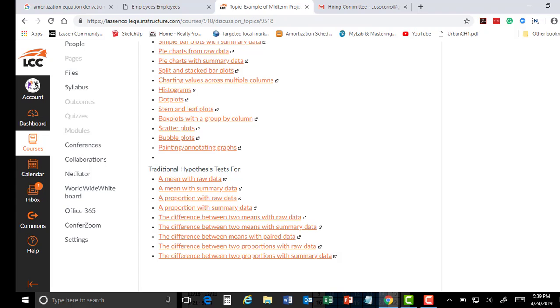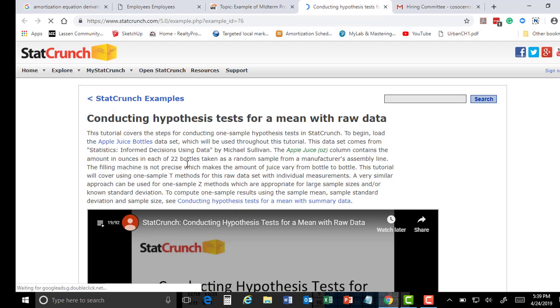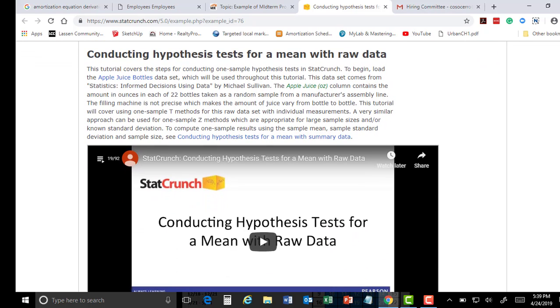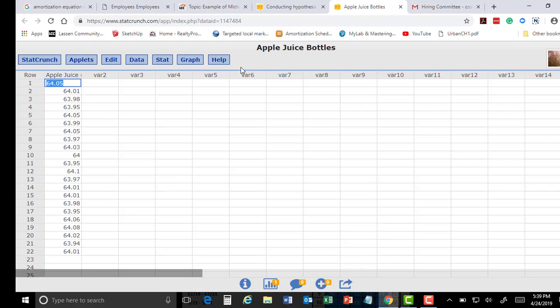So let's take a look at this. This is testing about a mean, okay, on raw data. I don't know if this will work. Okay. So I'm going to show you, because this one we can actually put into, if you go to this link, right, and you click here, this is about apple juice. It'll load it directly into StatCrunch, as an example. So let me show you what I mean. I go like this. Okay, so there I have, these are juice